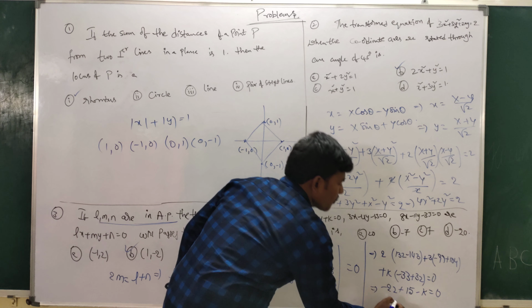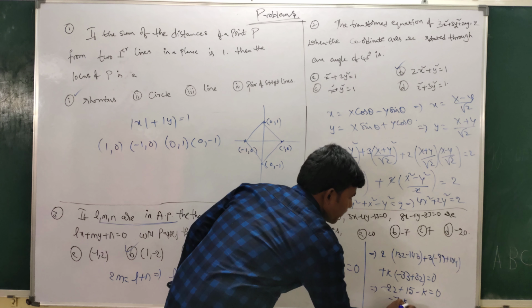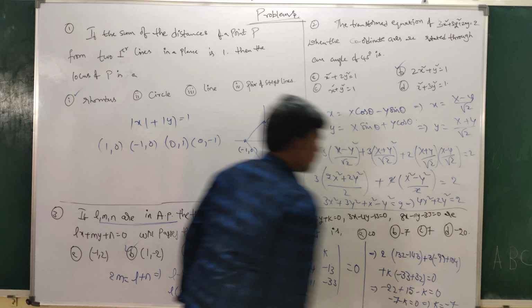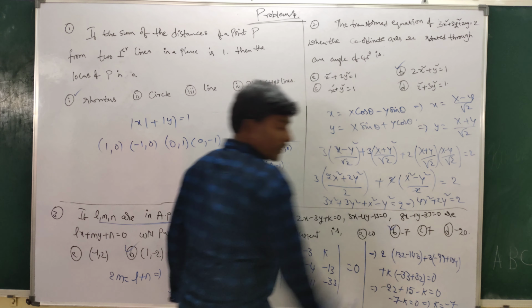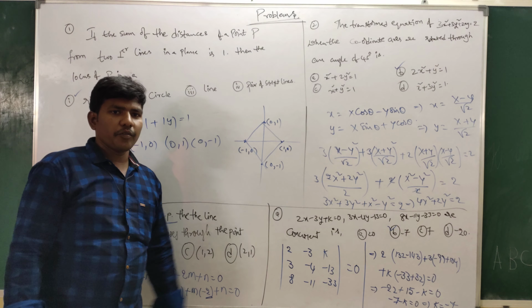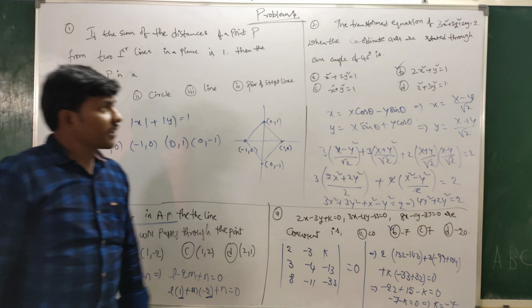So minus 7 minus k equal to 0. K equal to minus 7. Second option is right. Please note these are four problems. Next